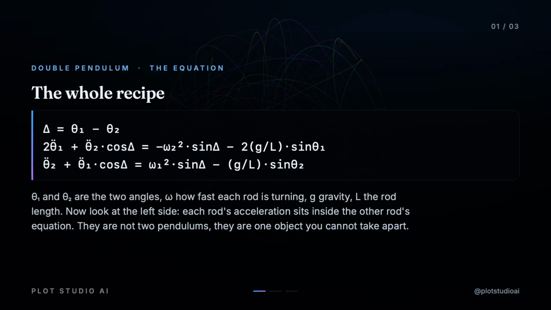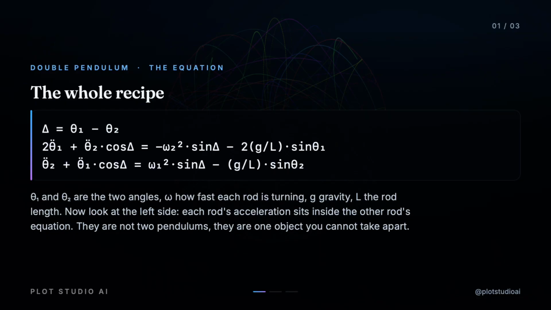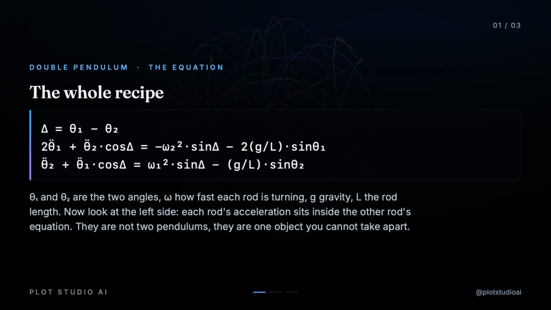The whole recipe. Delta equals theta 1 minus theta 2. Theta double-dot 1 plus theta double-dot 2 times cosine of delta equals minus omega 2 squared times sine of delta minus 2 g over L times sine of theta 1. Theta double-dot 2 plus theta double-dot 1 times cosine of delta equals omega 1 squared times sine of delta minus